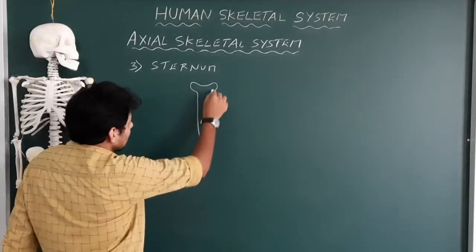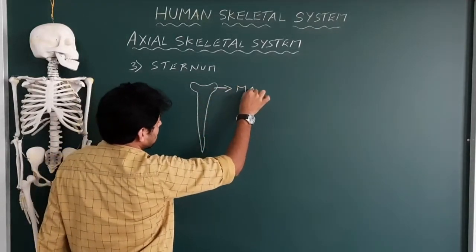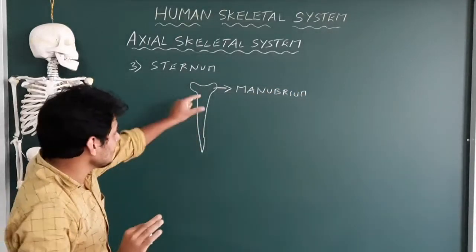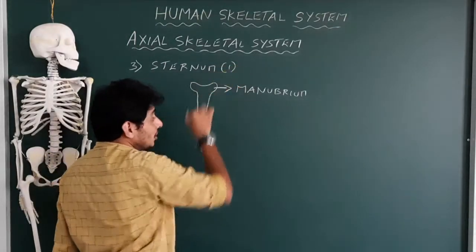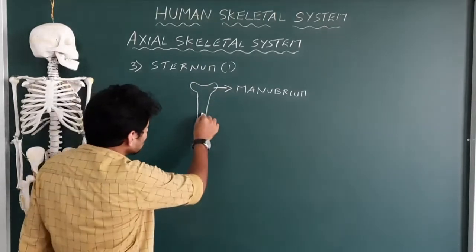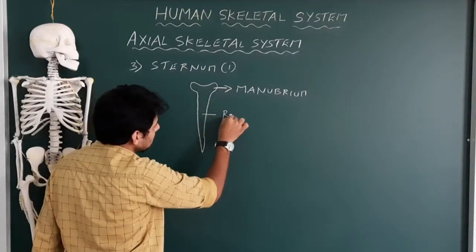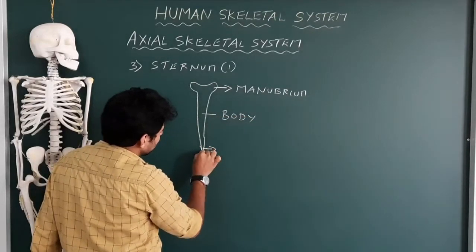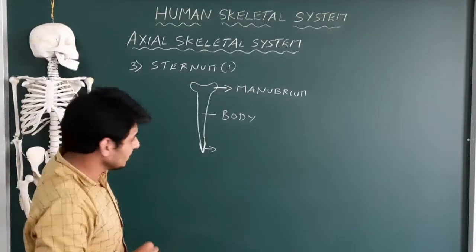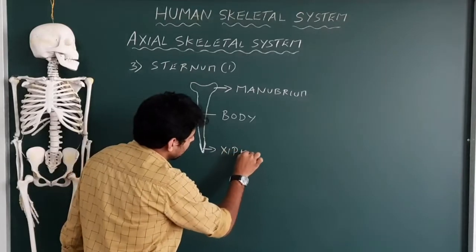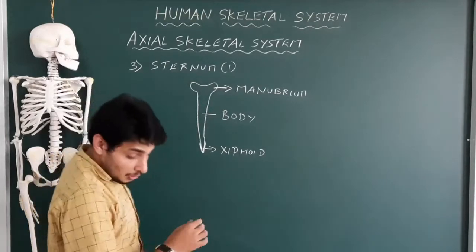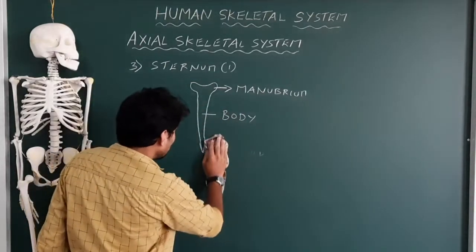Okay, in this case, and it has got three parts. It could be asked. The first part is actually called manubrium. Got it? Sternum has three parts, but it is only one. The bone is only one, but it has got three parts. The first part, which is a bit bulgy, swollen part, that is called manubrium, and this one, the main portion of the sternum, is called the body. Okay, and the posterior end, which is a bit pointed. Got it? So towards your stomach or intestine region. This part is actually called xiphoid. See, xiphoid. So three parts, which make one sternum. Easy. Okay. Now let me just erase it. Please copy this. Very important. Now let us talk about ribs.